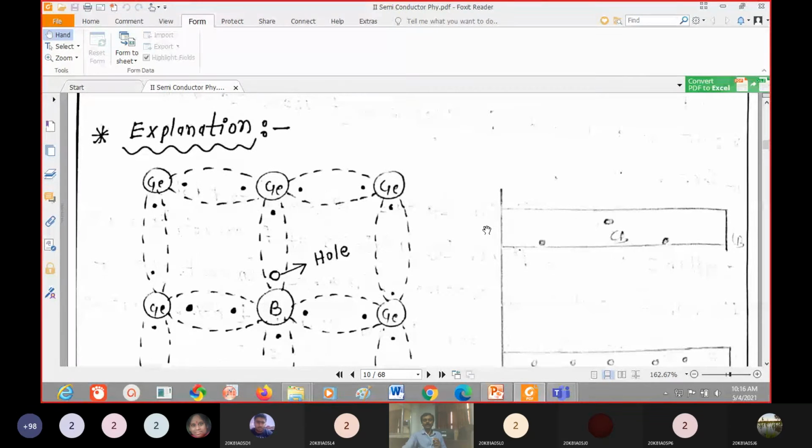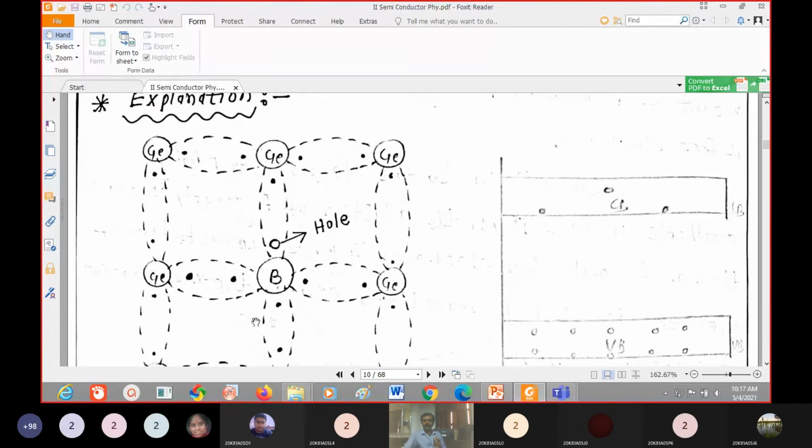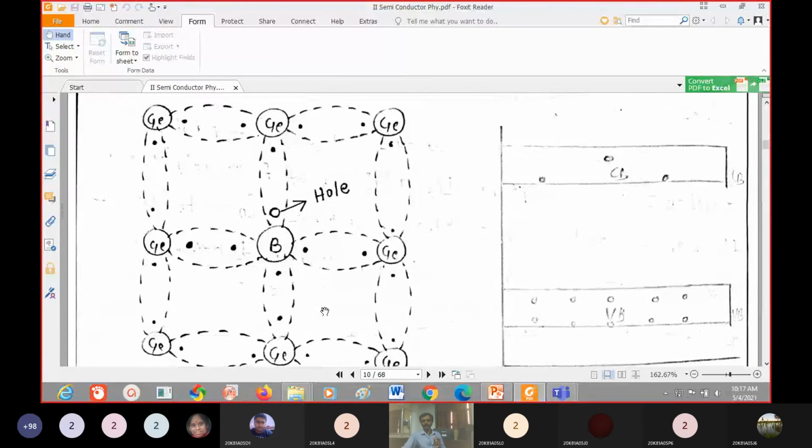What are examples of trivalent impurity atoms? Gallium, aluminum, indium, and boron. These are examples of trivalent atoms. These trivalent atoms have three valence electrons. If you dope a trivalent atom into a pure intrinsic semiconductor,